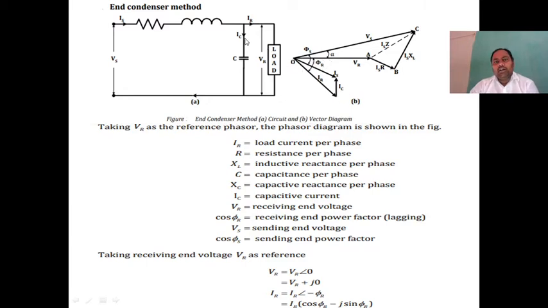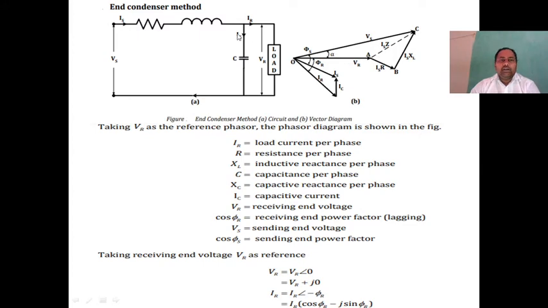There are two currents. IR is lagging, which means a clockwise rotation. How can you draw the charging current IC? Everyone knows the charging current is always at 90 degrees. Draw IC. The vector sum of IR plus IC is nothing but IS.